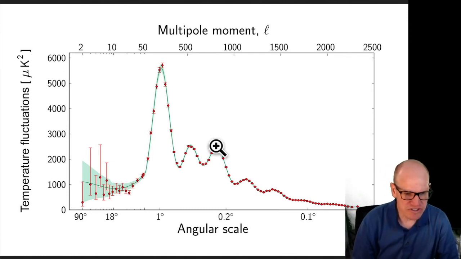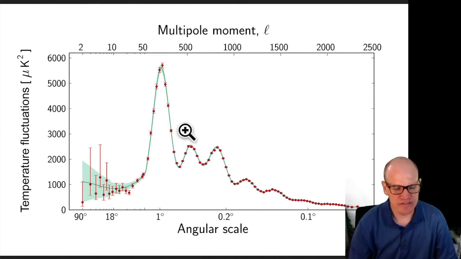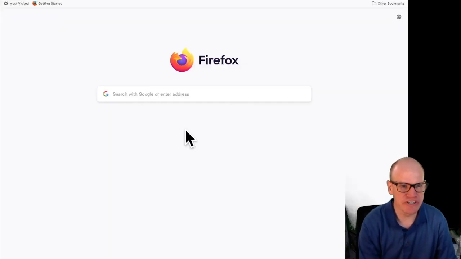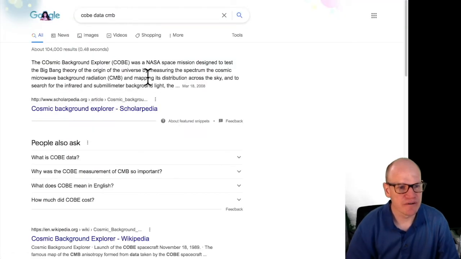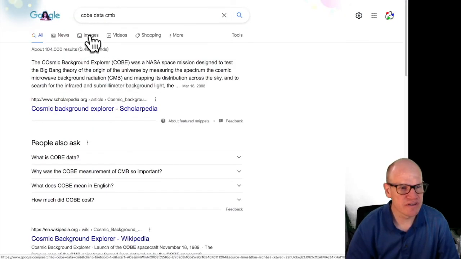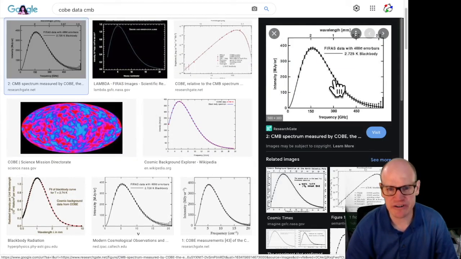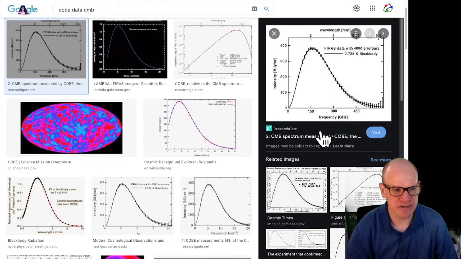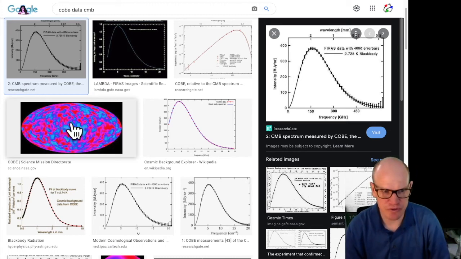So anyways, what's the temperature gradient in the cosmic microwave background? The cosmic microwave background doesn't really have a temperature gradient. If you look at the COBE data, the CMB, you get the following curve. So this is the spectrum of light taken from the COBE data. COBE was, again, the spacecraft. And here is the cosmic microwave background temperature fluctuations that you get from COBE.